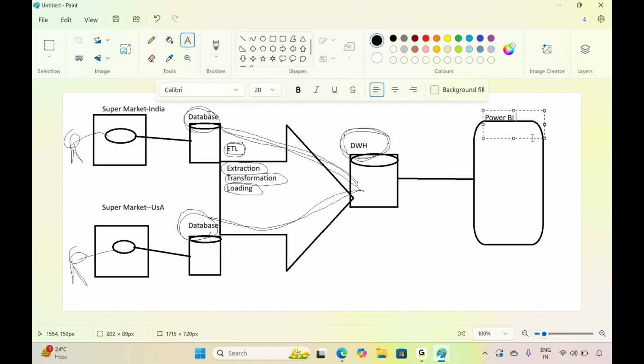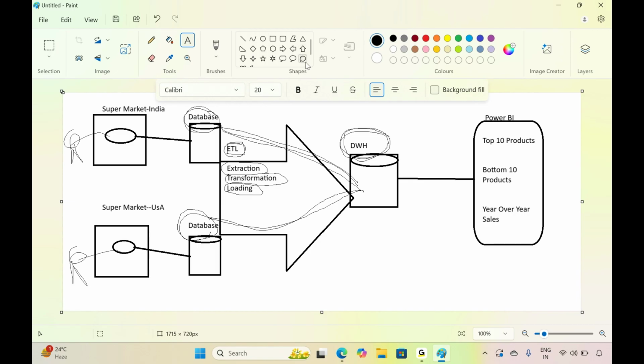Okay, Power BI is one of the reporting tools, an ETL service reporting tool we are going to use to take the data from the storage, whatever processing data, and we are going to design reports like top 10 products and bottom 10 products and year over year sales, all those things over here.